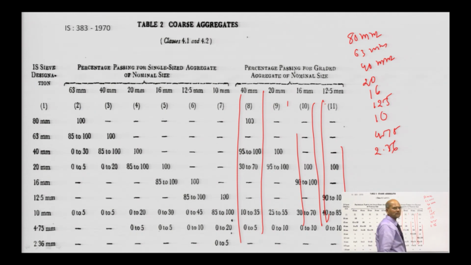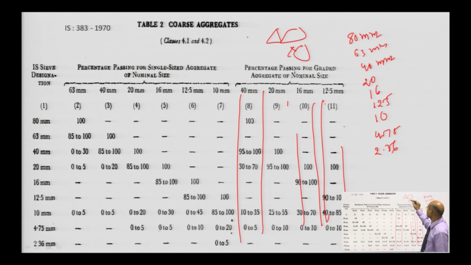Sometimes you can get all-in aggregate or graded aggregate, or sometimes you will get different sizes, 20 mm downside, 12.5 mm downside, and you have to mix some percentage based on the properties. So, by ratio, say 40% I am going to mix 12.5 mm size aggregate, and 20 mm downside I am taking 60%. Like this by trial and error, say 50% is also possible. Different ratios you have to try, so that you can get the maximum density.